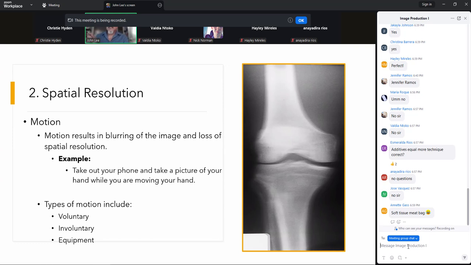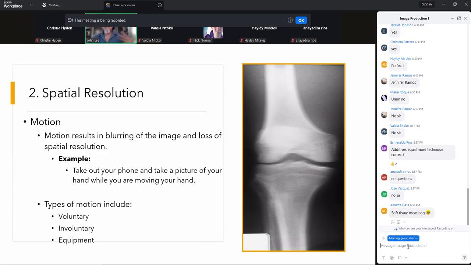The problem is, over a period of time, movement of a body part from one point to the next point occurs, and we'll get an image of that movement. And of course, that is extremely detrimental to our spatial resolution. We've got voluntary, involuntary, and equipment as far as the types of motion. Voluntary motion can be